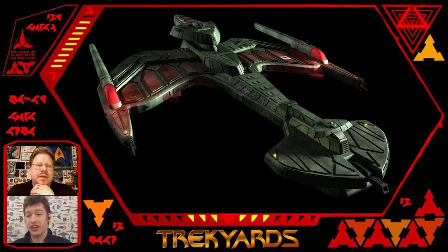More guns on the sides, which links back to the Katanga, D7, having those guns, and now just big, thicker wings, a lot more stuff, more level. There's just more going on, more armored. Although it didn't fare too well in the one time we see it in the alternate universe, it gets blown through straight away. Then in DS9 it was okay, and in Voyager it's pretty ineffective. It's a shuttle, but that's a special shuttle. But yeah. Now you say they've doubled up on the engines, but have they? I'm sure this is just two engines that are just